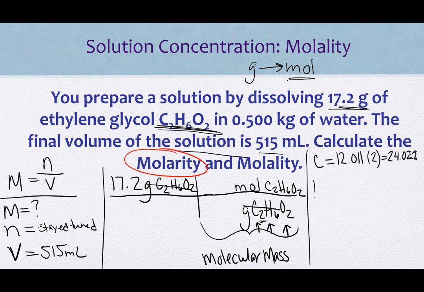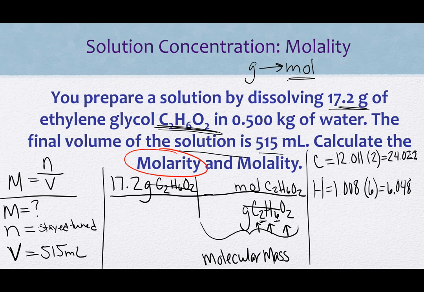And then I'm going to do hydrogen. So I go to my periodic table, I look at the number on the bottom of hydrogen, and I see 1.008. And in my molecule, there's 6 of them. So 1.008 times 6 equals